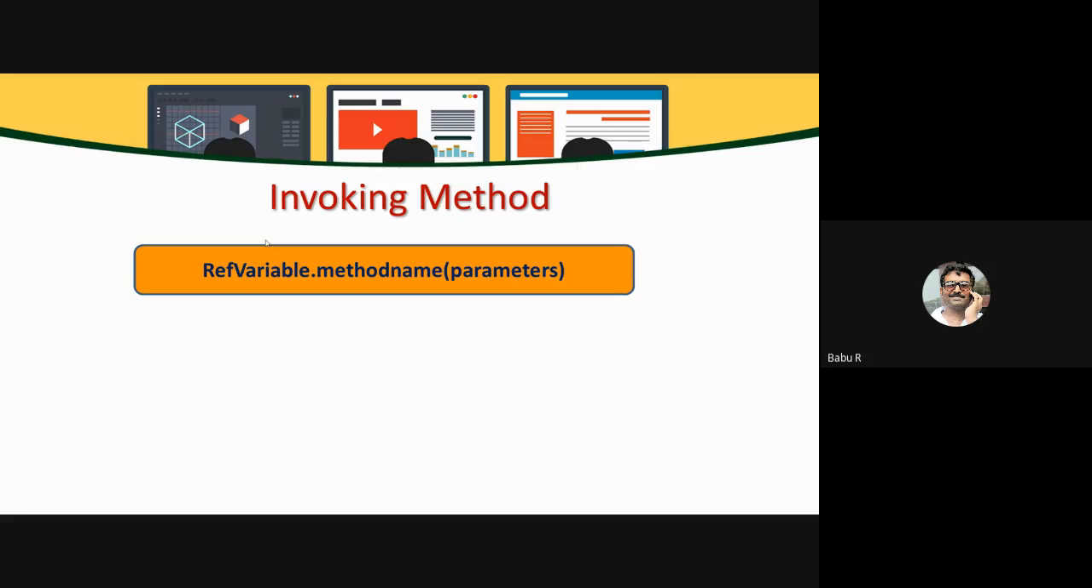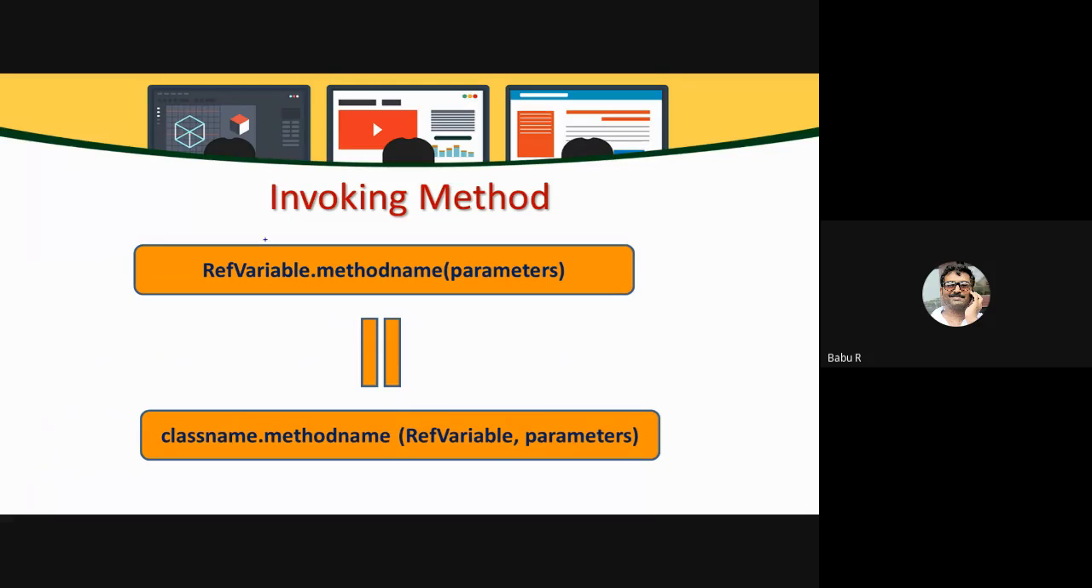Next is how to invoke a method. That we know. Generally we follow this syntax: in order to invoke a particular method, you use the reference variable. For example, mobile one dot display. Mobile one is the reference variable, and next you have the method name, that is display, for example. If any parameter needs to be specified, we can specify it, else no need. Next, you can also give it like this: class name dot method name. For example, if the class name is mobile,